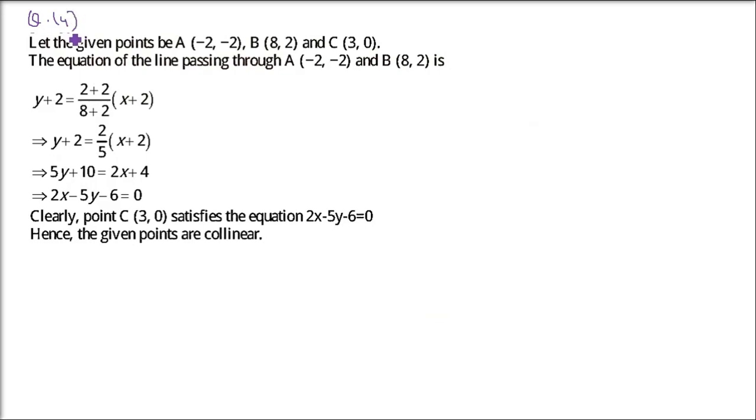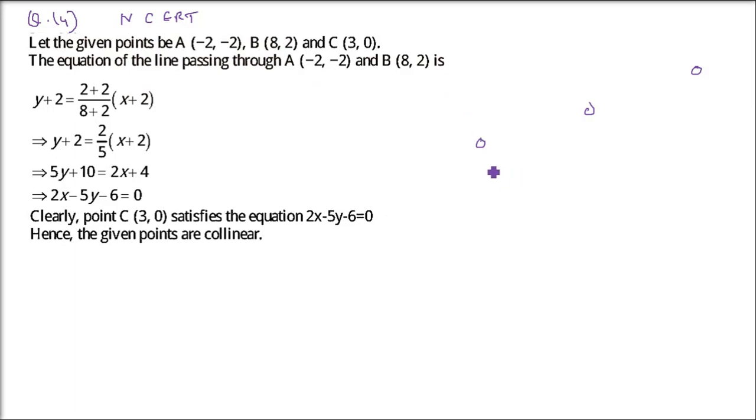This is question number 14. This is an NCERT question. By using the concept of equation of a line, prove that the 3 points (-2, 8), (2, 3) and (3, 0) are collinear. So previously we have done it. We took these 3 points, we assumed it to be vertices of a triangle and we proved the triangle area to be 0. This is how we have done it earlier. But here it is being said that we have to find it only using the concept of equation of a line. So these are 3 points.